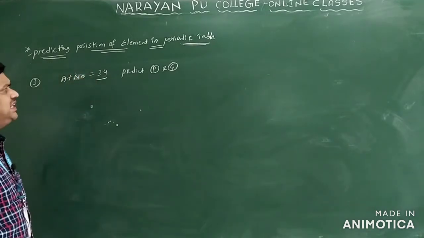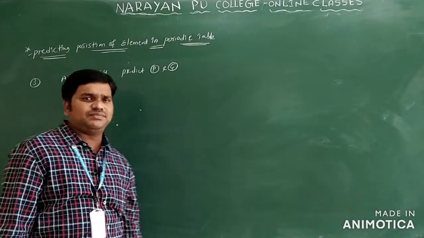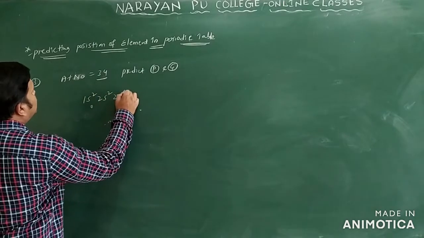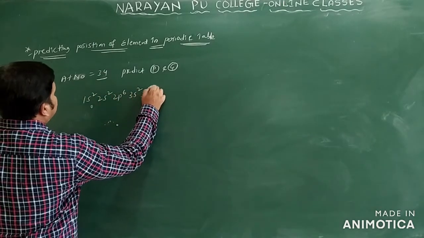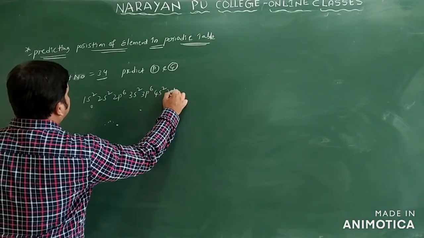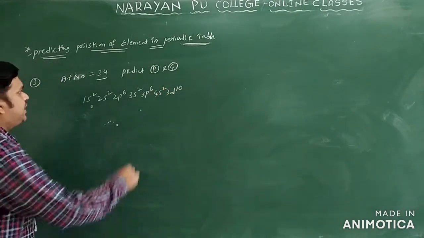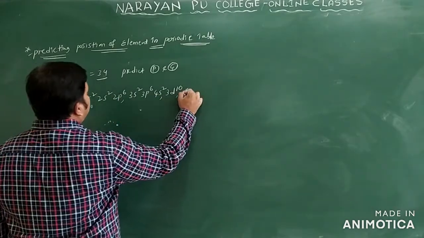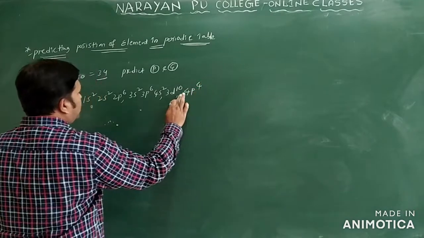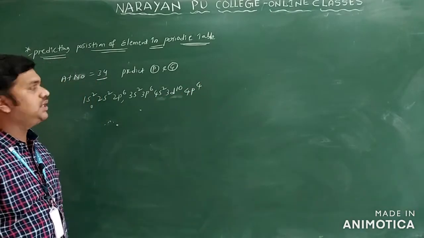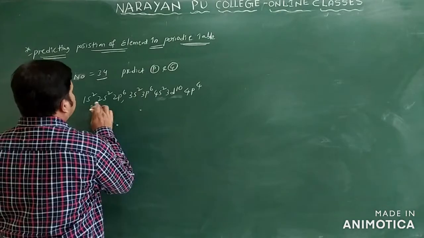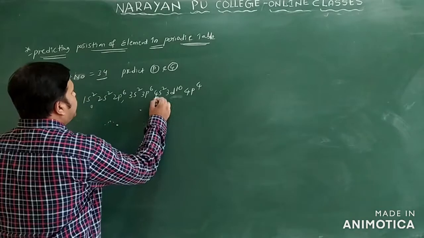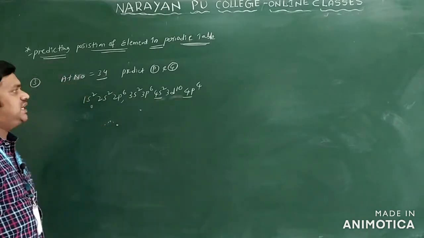Generally, if you want to see the configuration, suppose you want to write the nearest configuration of 30, I can write zinc. Yes, suppose I am writing 1s2, 2s2, 2p6, 3s2, 3p6, 4s2, 3d10. Here 10 is there, here 10 is there, 20, 20 plus 10, 30. After 4s I will write 4p, 4 only. So you will say 1s2, 2s2, 2p6, 3s2, 3p6, 4s2, 3d10 and 4p4.